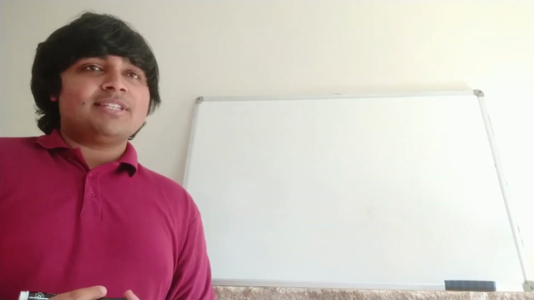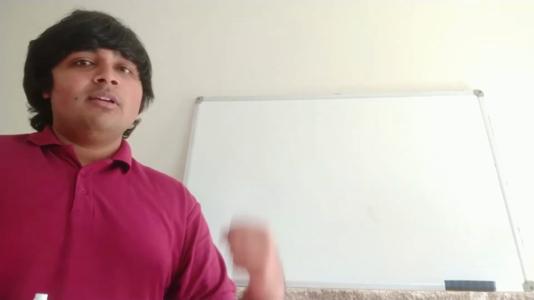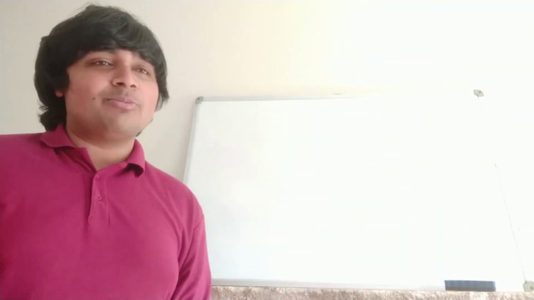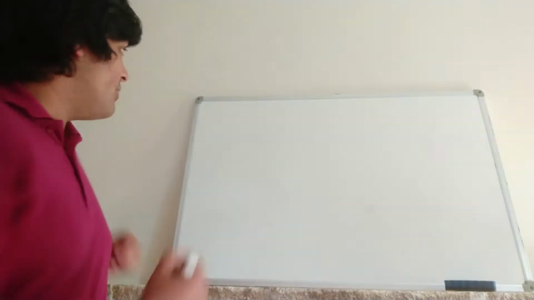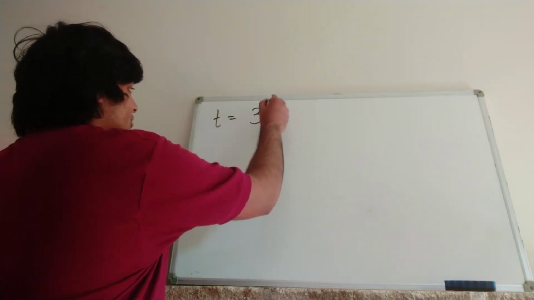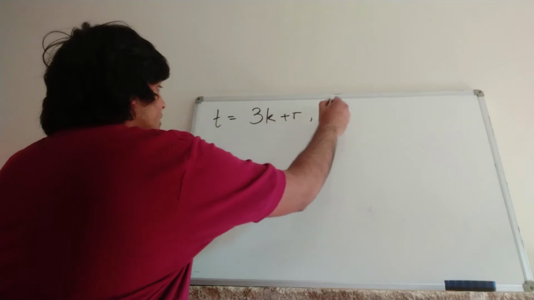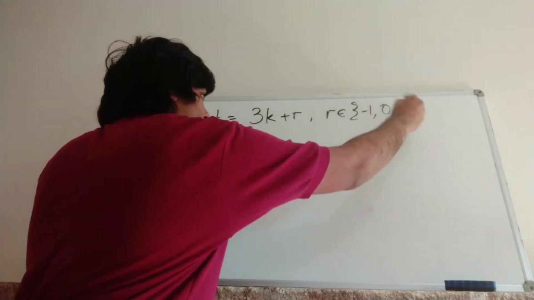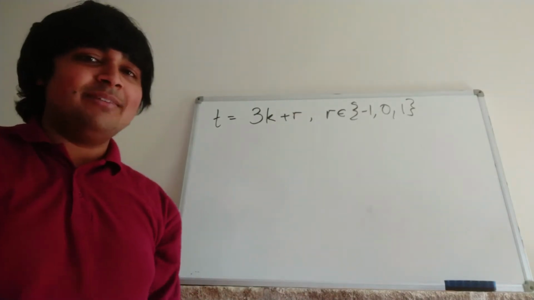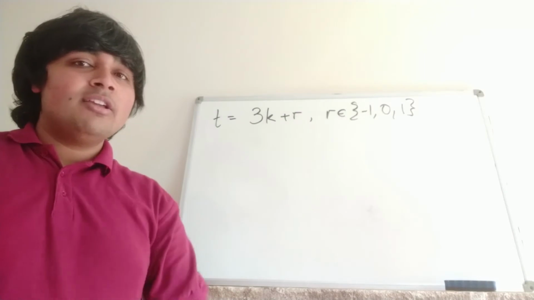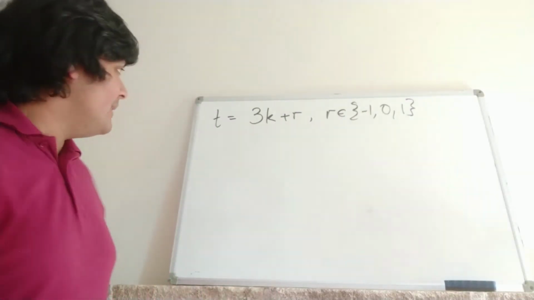Firstly, any integer is either a multiple of 3, 1 more than a multiple of 3, or 1 less than a multiple of 3. So it's one of those three options. So any integer t, we can write in the form 3k plus r, where r is either -1, 0, or 1. You can think of r as a remainder term when we divide by 3. Then when we consider t cubed mod 9, in other words, a cube number mod 9,